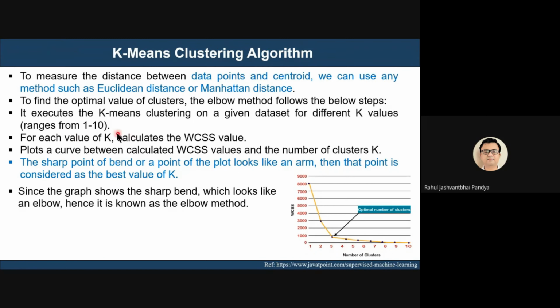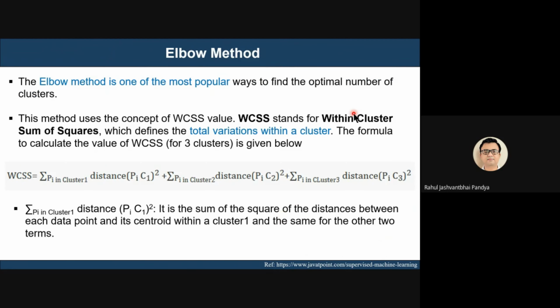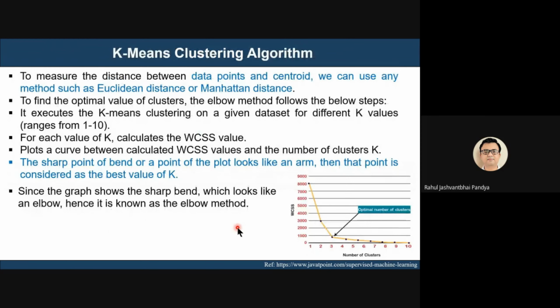So for k equals 1, it will compute WCSS. For k equals 2, it will compute WCSS. For 3, we get a WCSS value, and so on. WCSS, as we said, is nothing but the within-cluster sum of squares using this particular equation, which includes the distances here. Again, it is the sum of the squares of the distances between each data point and its centroid of that particular cluster. So it will compute that, and then it will try to identify which value of k